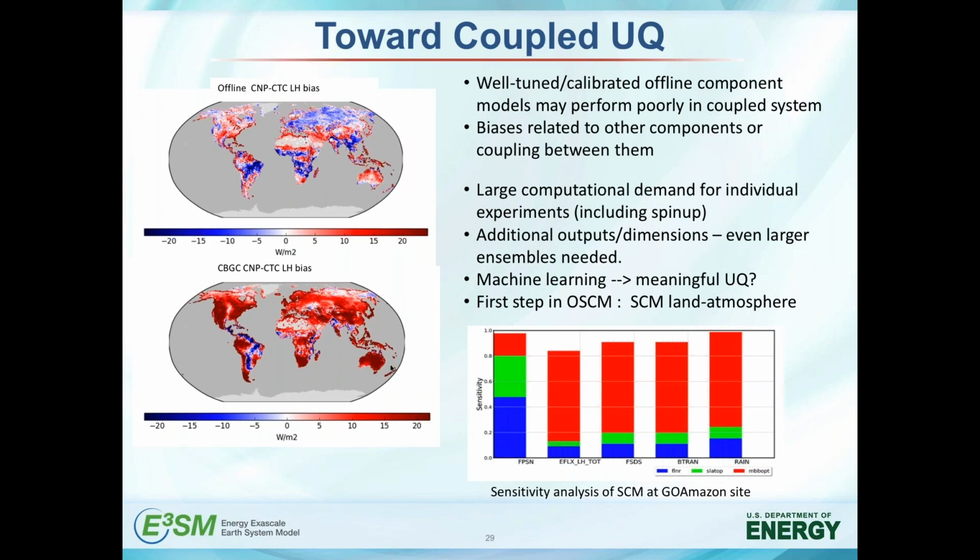There's obviously going to be a very large computational demand for running coupled models and ensembles of coupled models, so we want to do this with as small a number of ensemble members as we possibly can, and apply machine learning approaches where possible to make the surrogate modeling more efficient. We can also look at single column models, which provide a nice test bed where we can look at land atmosphere coupling for individual grid cells much more cheaply than with a global simulation.